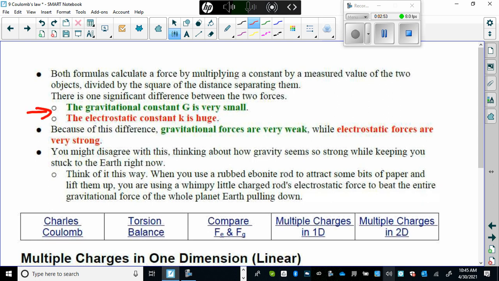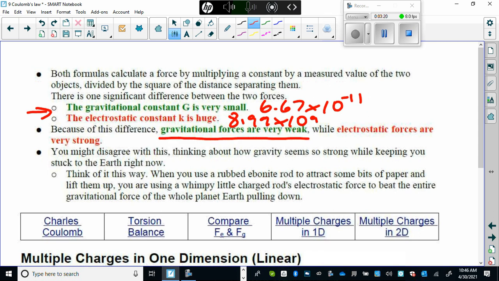The gravitational constant is very small. Remember, this is the gravitational constant of the universe. This is the K value, or the electrostatic constant, and those numbers are wildly different. One is times 10 to the negative 11, and one is times 10 to the positive 9. So one is infinitely small, the other is essentially infinitely big, and therefore gravitational forces are very weak and electrostatic